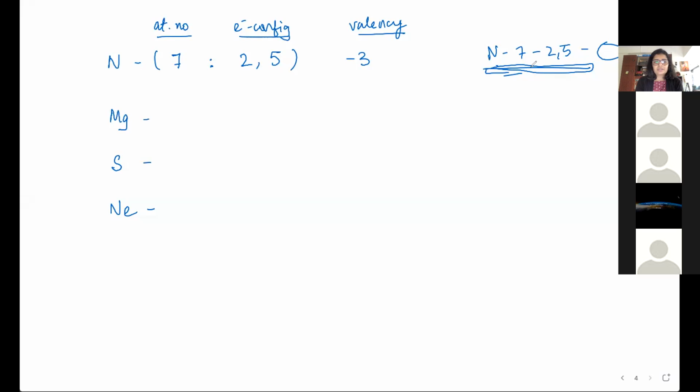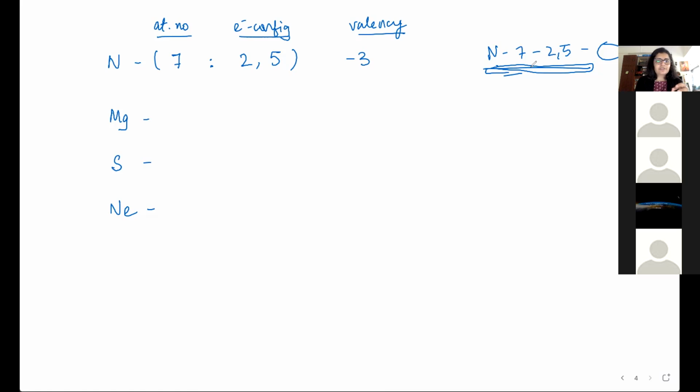Ashka, the rule is to have 8 electrons. Now, which is the best way to have it? Okay, yes, ma'am. I forgot that. Sujal, yeah, magnesium, all three are correct. Awesome. Yes, Ashka, sulfur is also all correct. Oh, Aryan sent all of them together, and all of them are perfectly correct, 100% right.